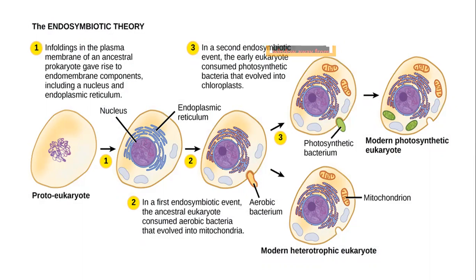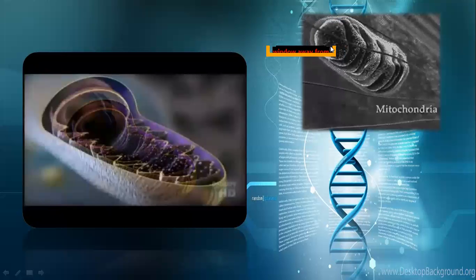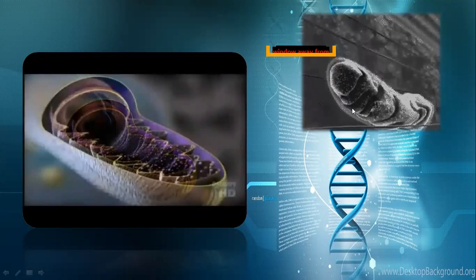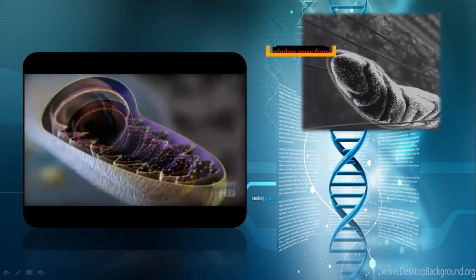Second, in the first endosymbiotic event, the ancestral eukaryote consumed aerobic bacteria that evolved into mitochondria. Third, in a second endosymbiotic process. On the next slide, you can see the process